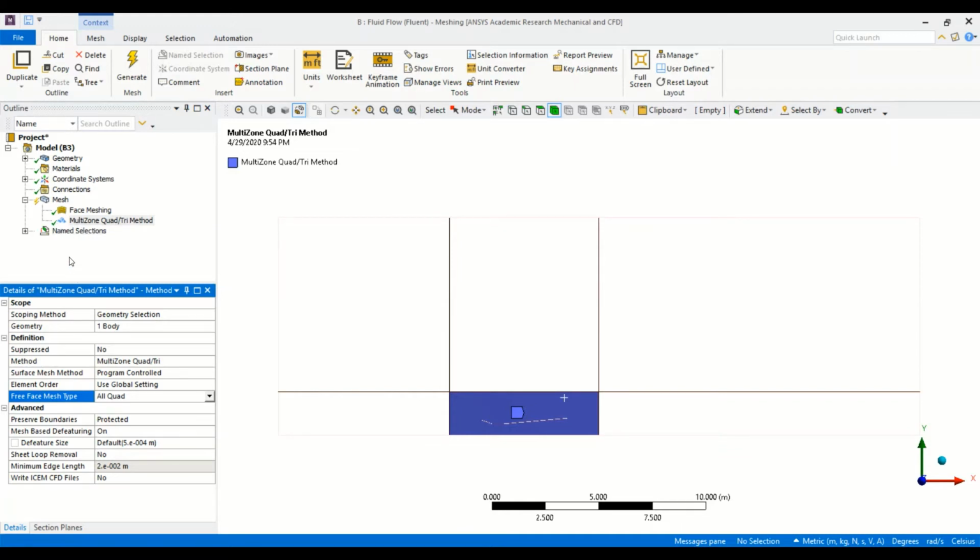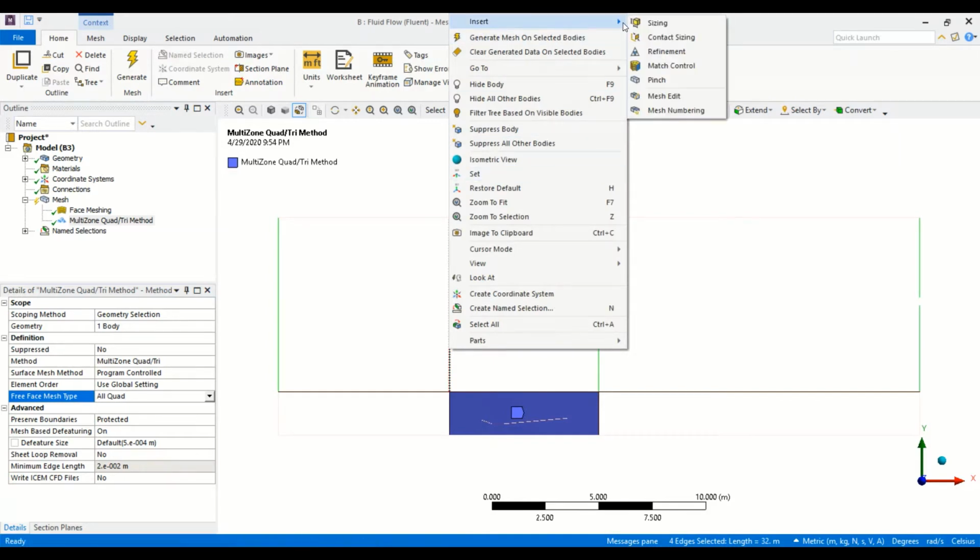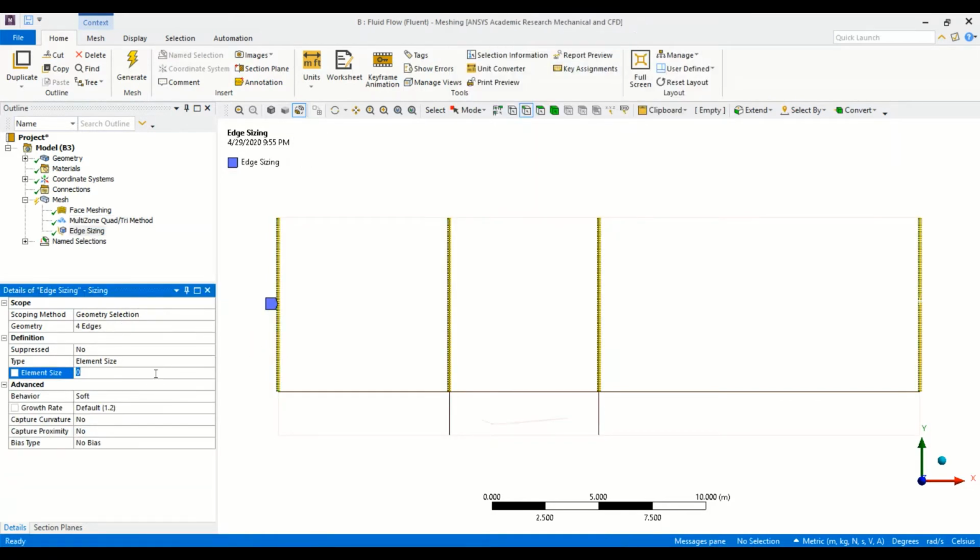Now we have to do some mesh sizing and also some face sizing to finalize the meshing. Okay, so first I select the 4 top lines coming from the symmetry condition towards the region of where the duct is located. I click insert sizing, and here I use the element size. I put 50